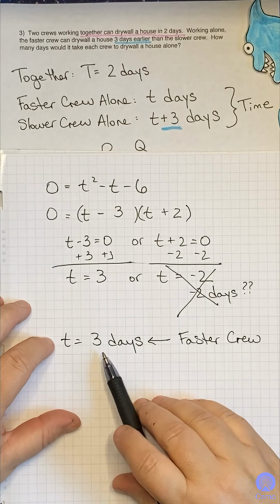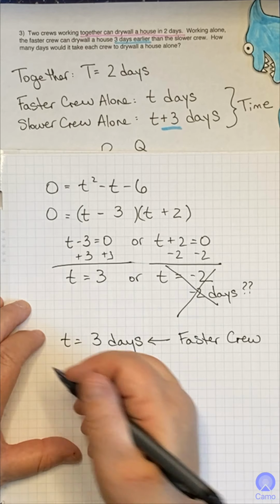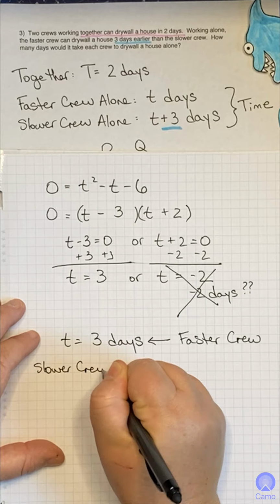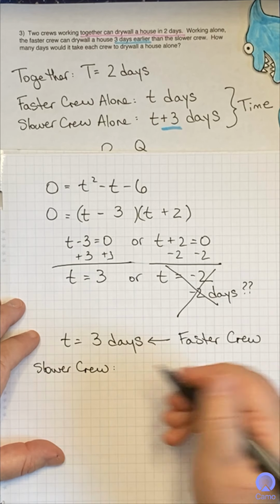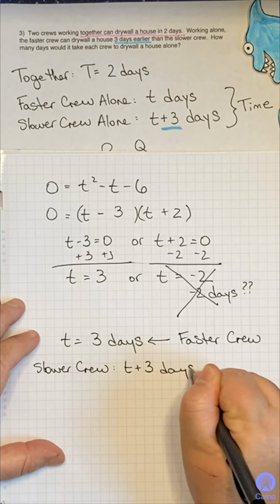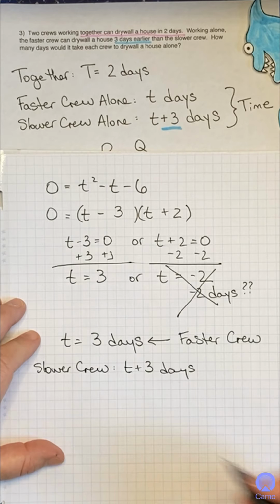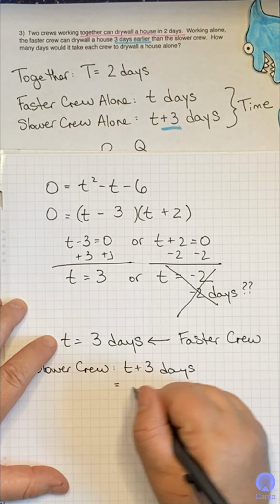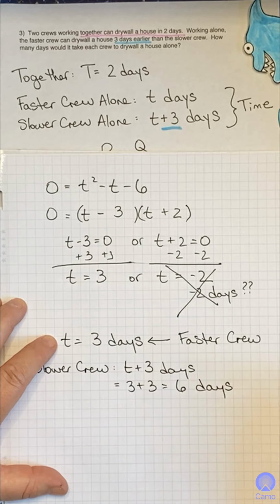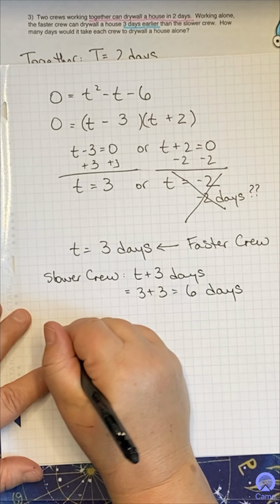So then I use this to say, okay, T was the faster crew, and so the slower crew was going to be T plus 3 days. Okay, so this is a little confusing because my brain sees the 3's. Ignore that. It's just coincidence. So T is 3, so that's equal to 3 plus 3 equals 6 days. So the faster crew